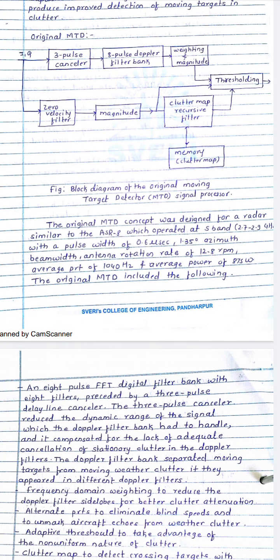The original MTD concept was designed for a radar similar to the ASR-8, which operated at S band, that is from 2.7 to 2.9 GHz, with a pulse width of 0.6 microsecond, an azimuth beam width of 1.35 degrees, an antenna rotation rate of 12.8 rpm, an average PRF of 1040 Hz, and an average power of 875 watts. The original MTD included